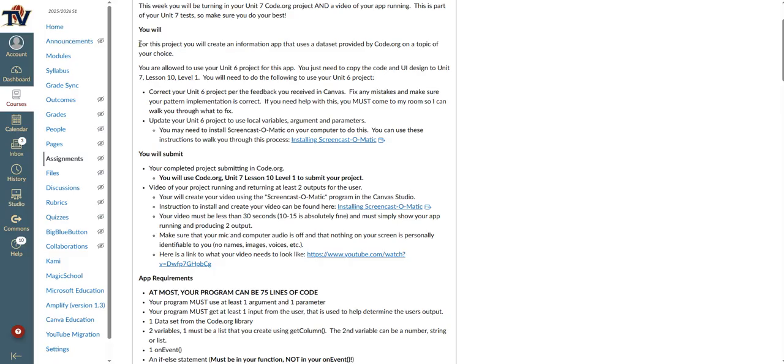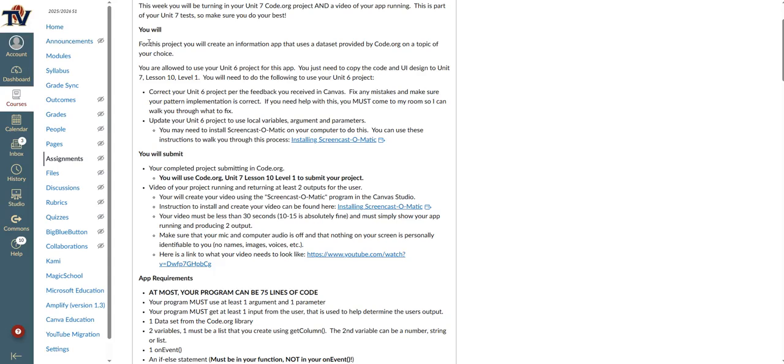It's pretty much everything that you had to do for Unit 6, only you need to switch from using global variables to get your user inputs to local variables that are created inside of the on event, and then require you to use a parameter in your function call, an argument in your function call, and a parameter in your function definition. So hopefully from last week you watched that video on how to plan your app with that planning guide and the structure and that Netflix project that I created,